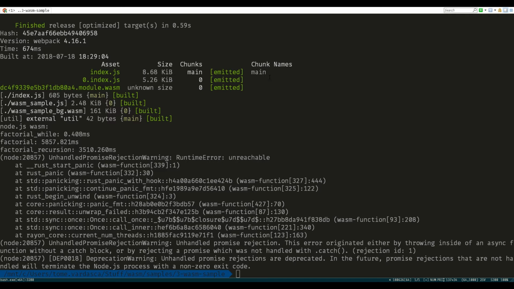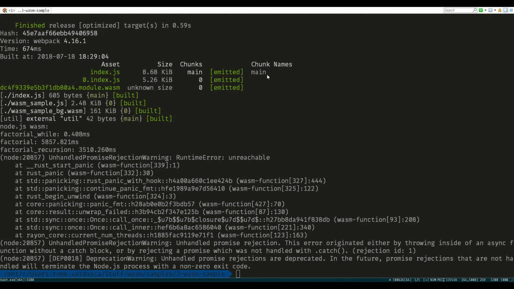I think it's the only advantage, because for the performance gains, I don't think you should go straight to WebAssembly. You should first look at your JavaScript code, because there are so many optimizations in the virtual machine.